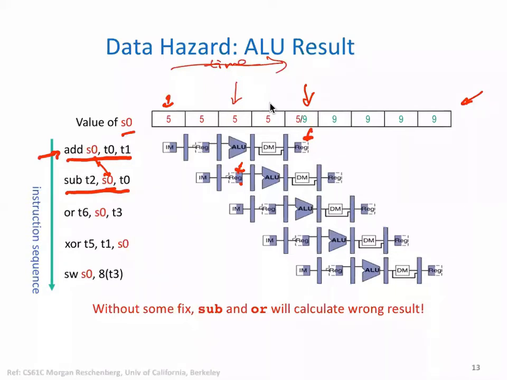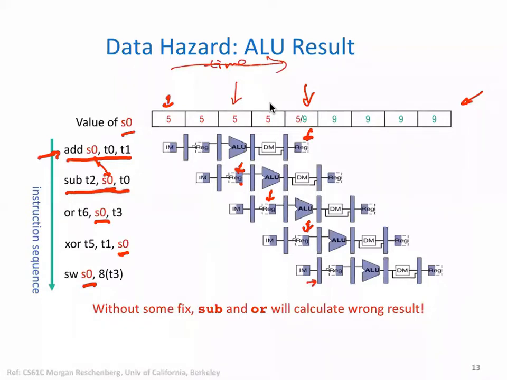Okay. And we can see there might be some other conflicts here. We are using OR S0. So now we are using the value of S0 here also. Okay, and then we are using S0 as well in this section at this point. And then again we are using S0 in the last instruction, wherein we are storing the value that we have calculated in the previous instruction into a memory location. So we are doing the reading here.